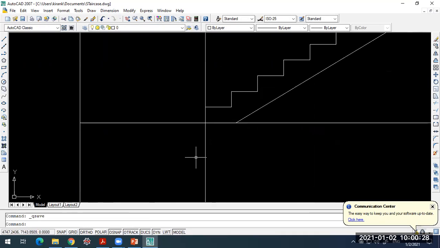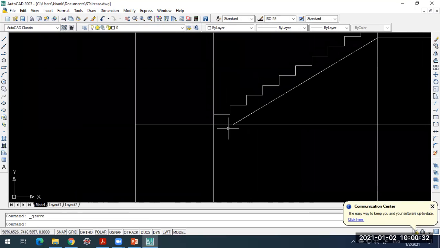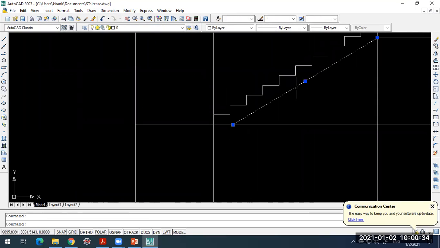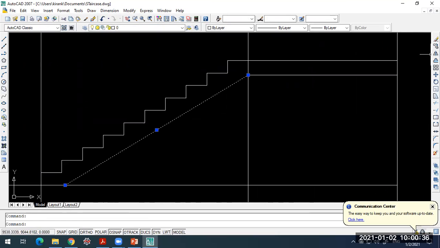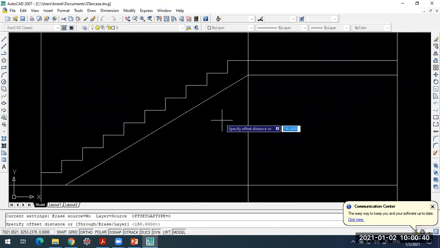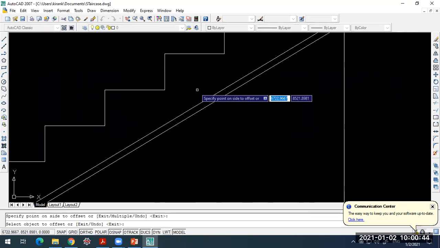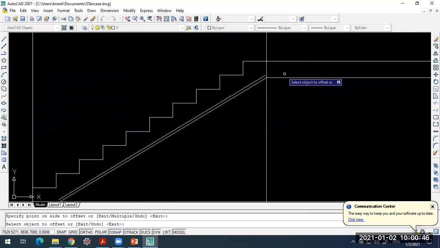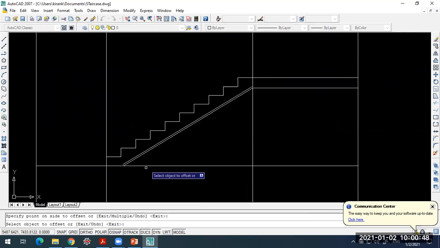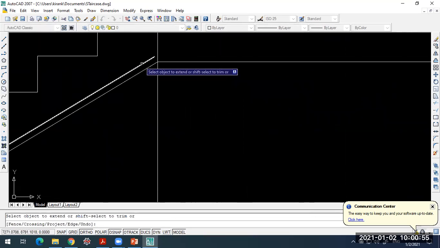Now with this we'll go for the detailing part. So what I need to do is show the reinforcement in the waist slab. I'll offset this one by 25, taking 25 as my cover. Okay, so this is the reinforcement in the waist slab. On the top portion it has to extend up to the top of the landing slab,